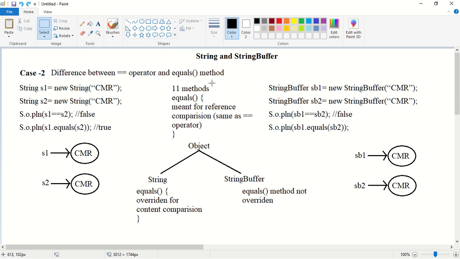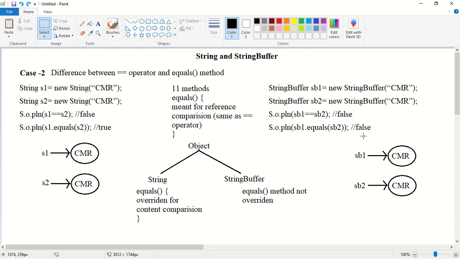In the Object class, the equals method is meant for reference comparison or address comparison, which is similar to the double equal to operator. So is the address of sb1 the same as the address of sb2? No, it is not the same. So in this case, it is going to return false.